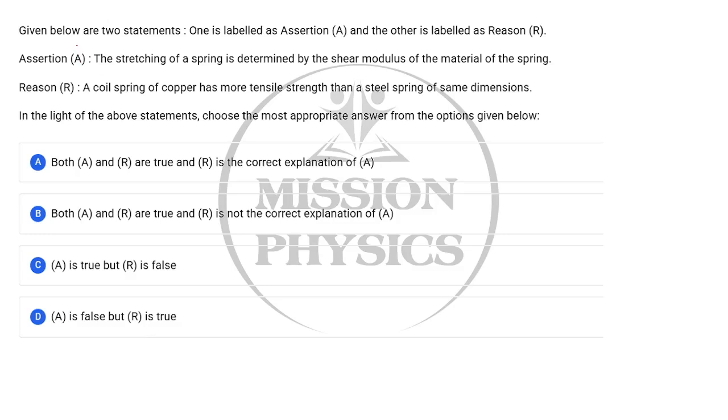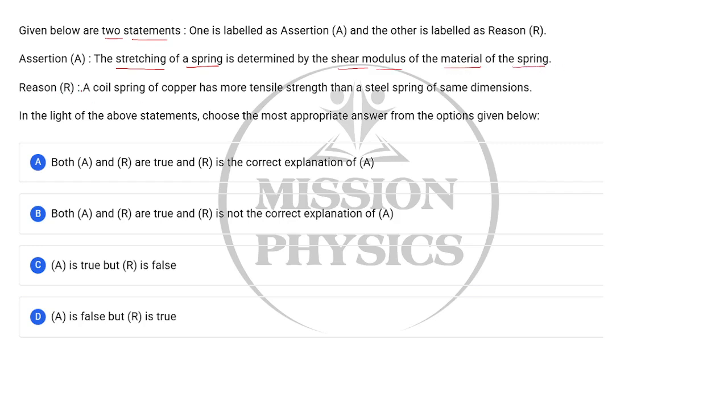Hello guys, the question is given in the form of two statements. One is labeled as assertion A and the other is labeled as reason R. So assertion A says the stretching of a spring is determined by the shear modulus of the material of the